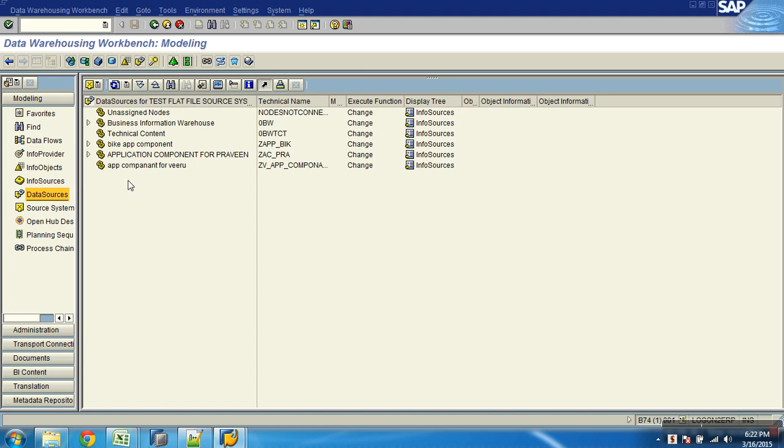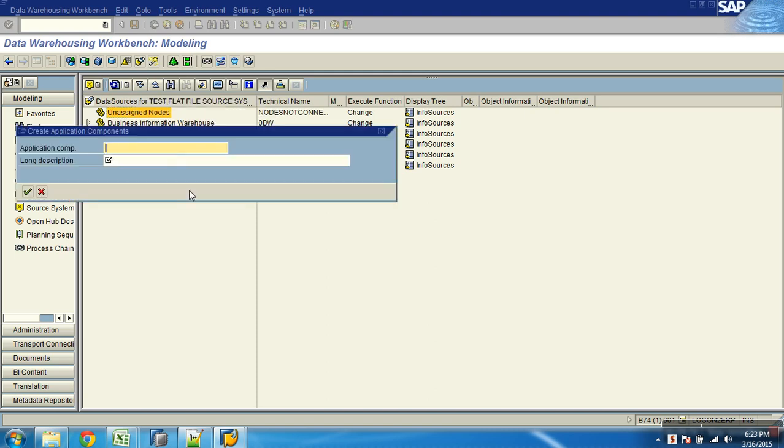Then, in the info provider, you organize your targets with info areas. Similarly here, the data sources you create, you can organize them with something called an application component. It is just like a folder, nothing serious about it. Whatever data sources I'm creating for AW sales, I want under one folder. So in the top node, I right click and say create application component. I'll name it AC AW sales something.